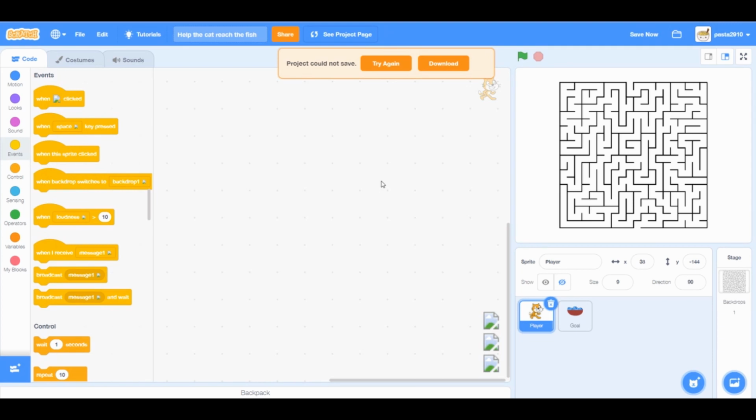In today's video, we will learn how to make a maze on Scratch. So I will start by naming our project Help the Cat Reach the Fish. You can choose any other title too. In this project, I will be using the Scratch Cat as my player. You can choose any other character,